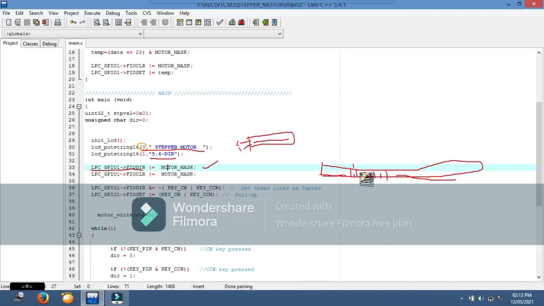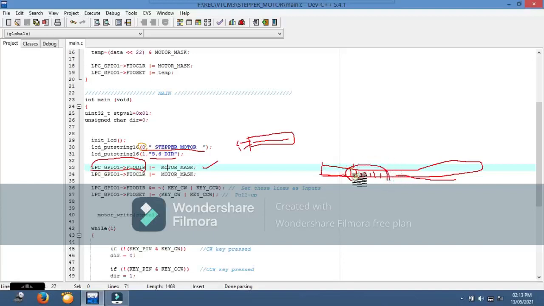Now what we are doing: if you give this function, LPC GPIO1 FIODIR, for the motor mask with OR equal to, it will find out where the 1s are in this GPIO1 register.